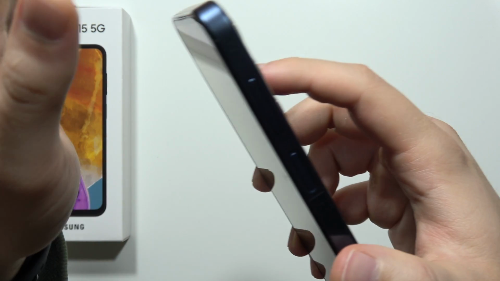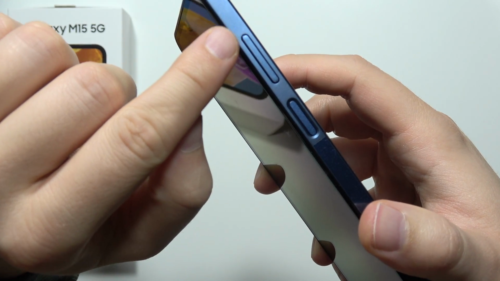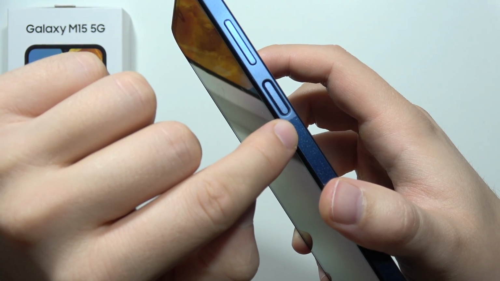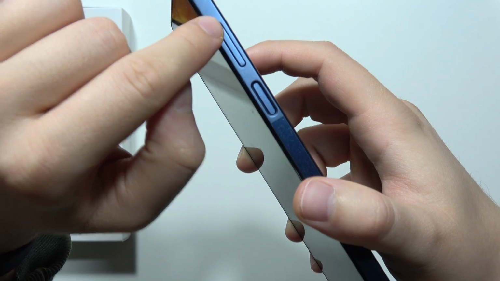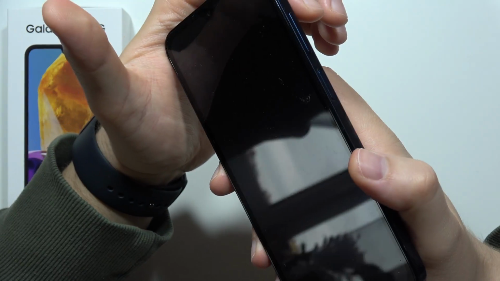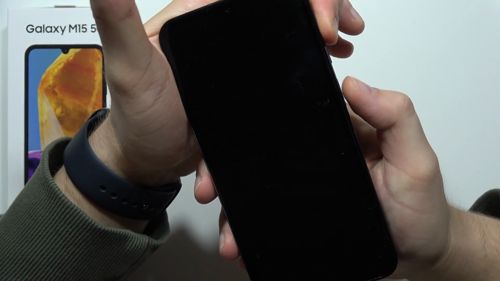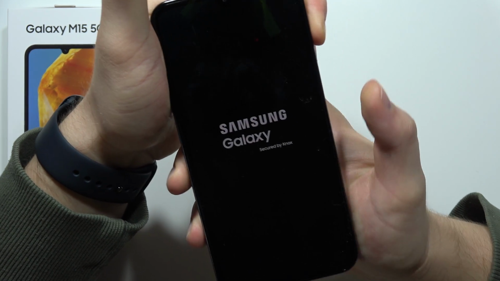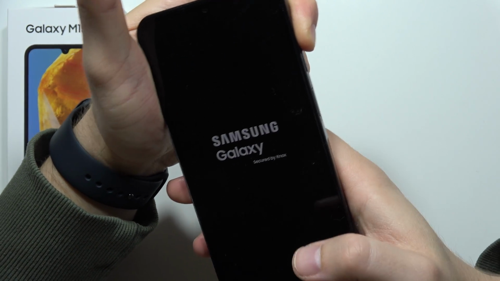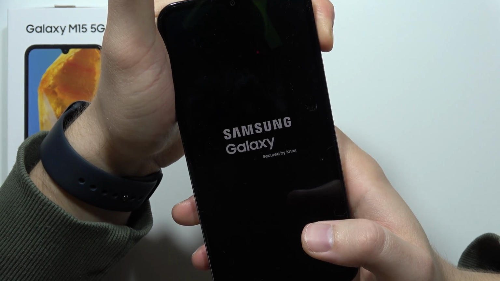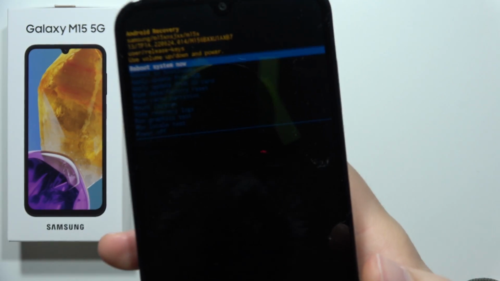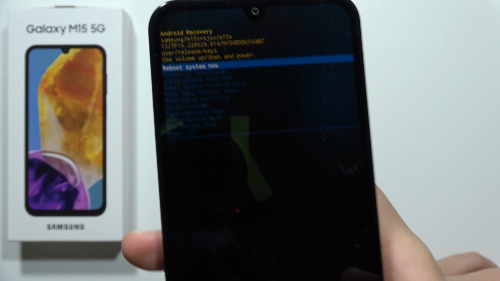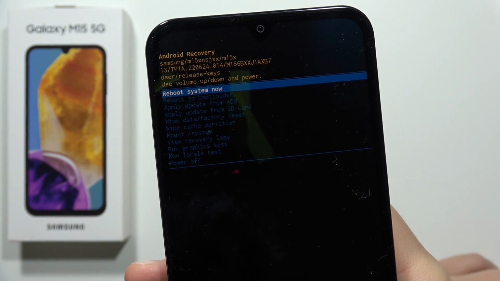And now we'll have to use the two buttons combination. We have to use the power button and the volume up button. So first, click and hold the volume up button and then click and hold the power button. And keep holding the power button until you see the Samsung logo. And now we can release the power button and keep holding the volume up. Now after a few seconds, you can find that we are in the recovery mode on the Samsung Galaxy M15